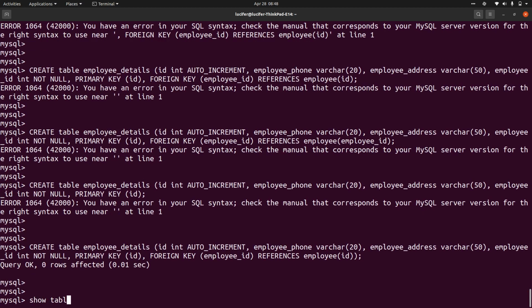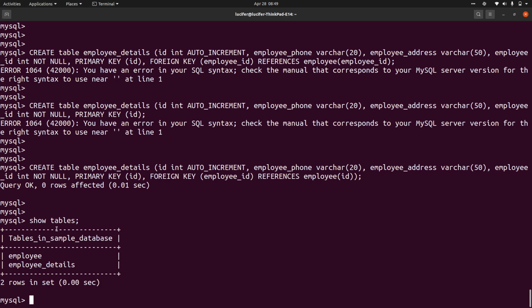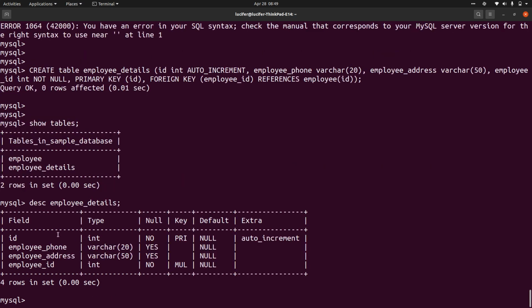How can you check if the table has been created or not? Using show tables, right? So you can see that 2 tables have been created, and you can still describe using the desc command. So desc employee details, you can see 4 columns: ID, employee phone, employee address, and employee ID.